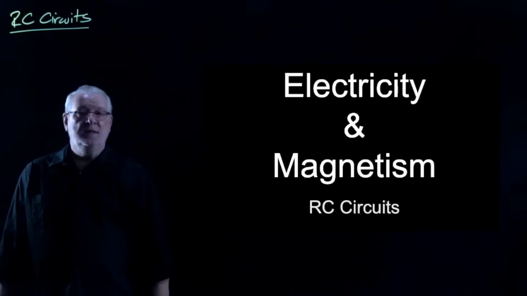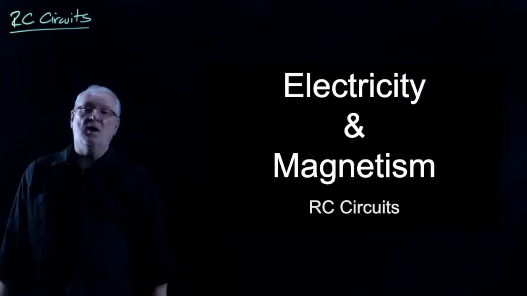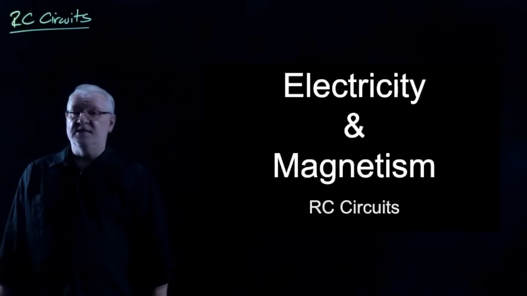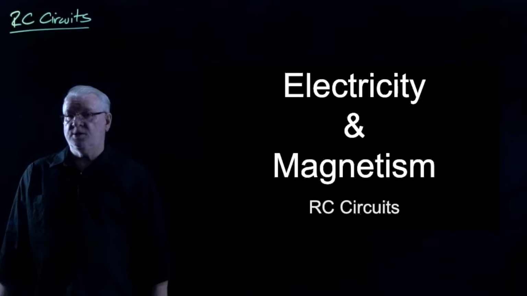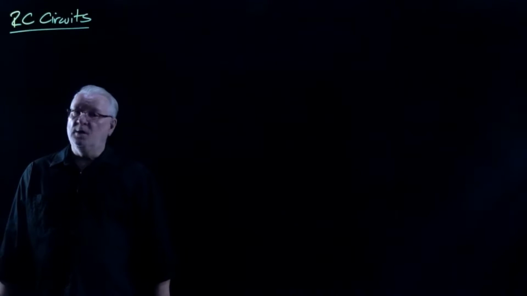Welcome back to our series on electricity and magnetism. In this episode, we're going to talk about RC circuits. That is, a circuit that contains at least one resistor and one capacitor. We're going to begin with the simplest of RC circuits, that is a single loop circuit with one resistor and